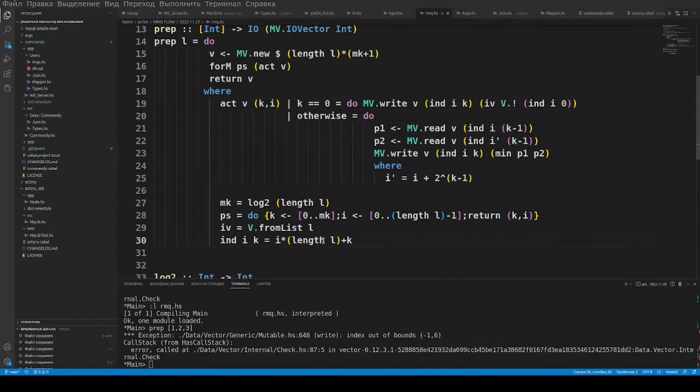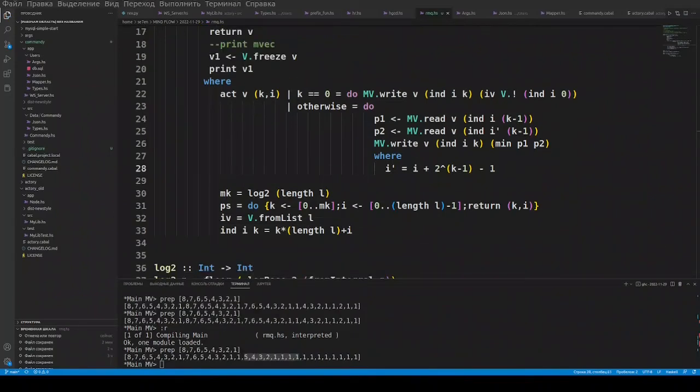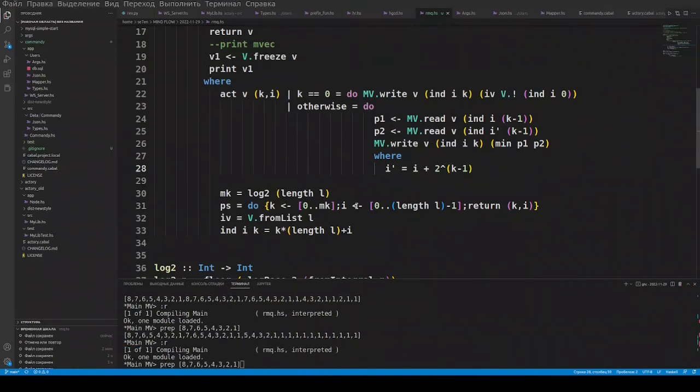Oh, next fix I need to do is here. I think I made a mistake. I need k here and i here. So this is our two-dimensional to one-dimensional mapping. Actually, I think I need to remove this -1 here. This is the correct index. And after this bunch of fixes, if I run my preparation function for this list,